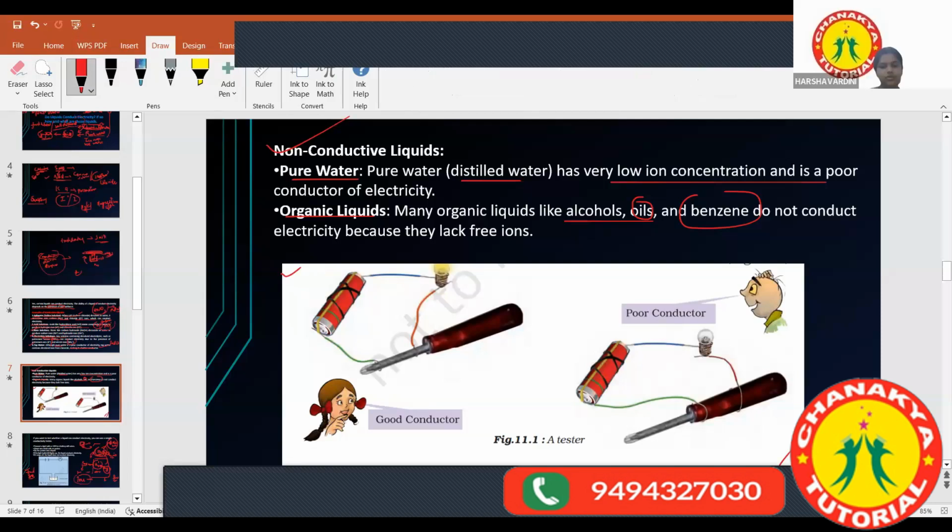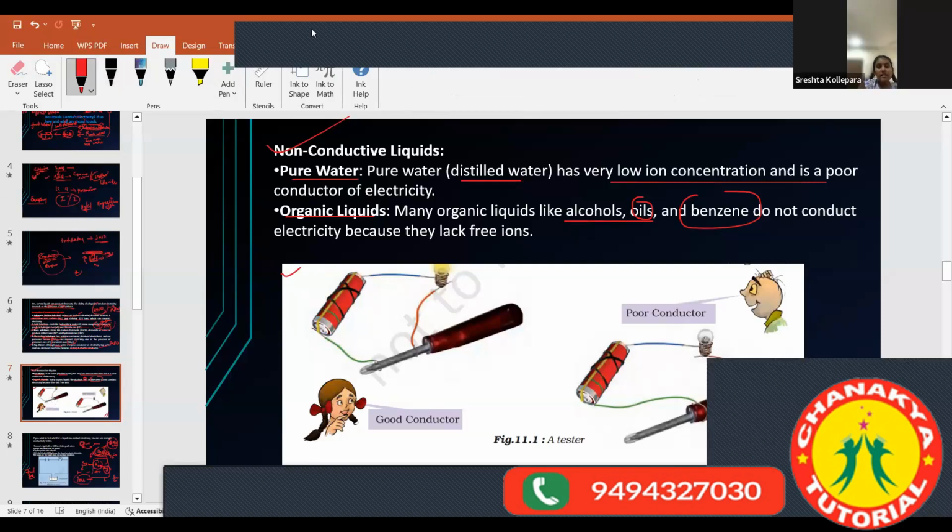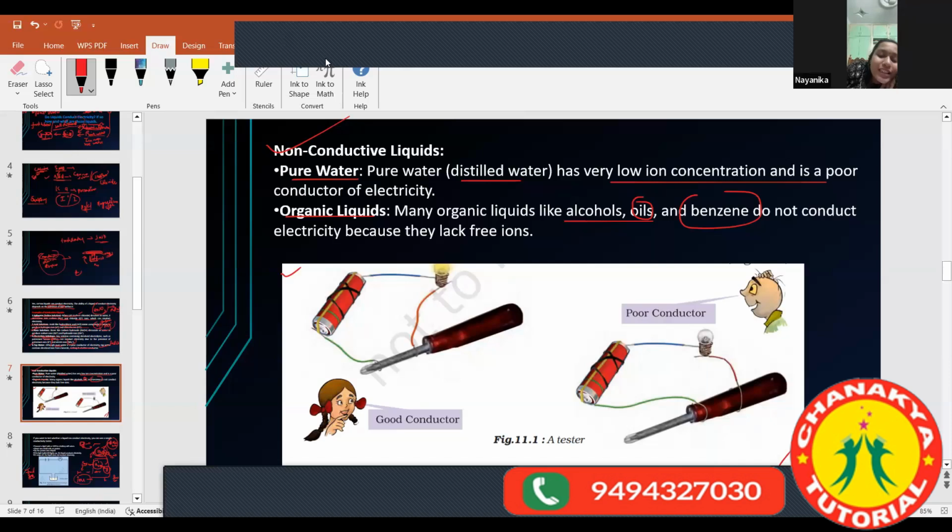Okay, fine. So why is it so? Why if it is connected to plastic, then no current? Ma'am, plastic is a poor conductor. Plastic is an insulator of electricity, and iron is a conductor of electricity, ma'am. Okay, correct. All are correct. Plastic is a poor conductor. So what do you mean by poor conductor? What is the definition of poor conducting materials? Ma'am, it doesn't support electricity. Ma'am, they do not conduct that much electricity.